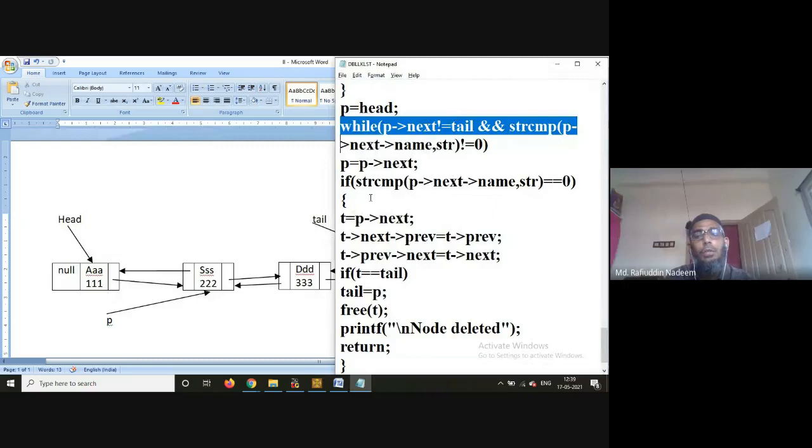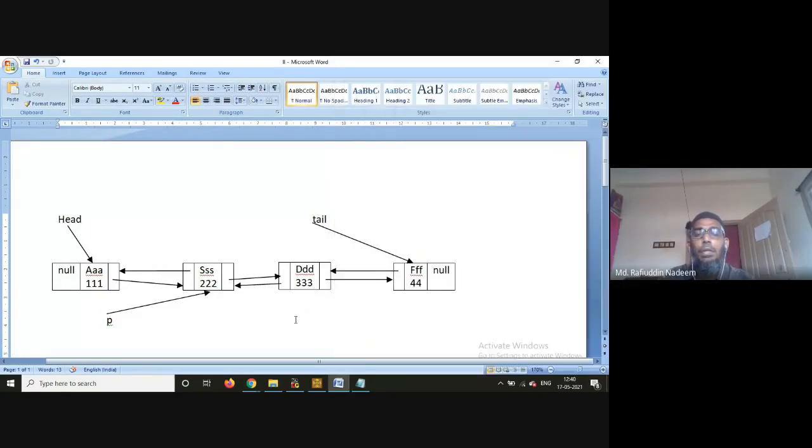Then again, while P next not equal to tail, P next is not equal to tail, and strcmp of P next name. What is P next name? P next name is DDD. DDD comma DDD not equal to 0 is now false, because actually DDD comma DDD equals 0. Then it comes to here. If strcmp of P next name and DDD equals 0, then first of all,